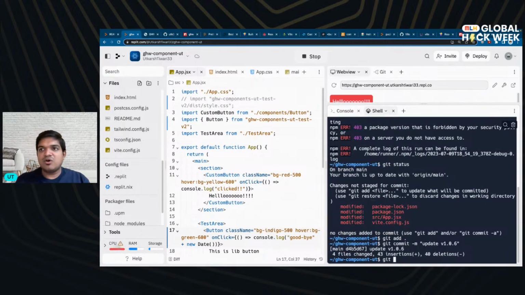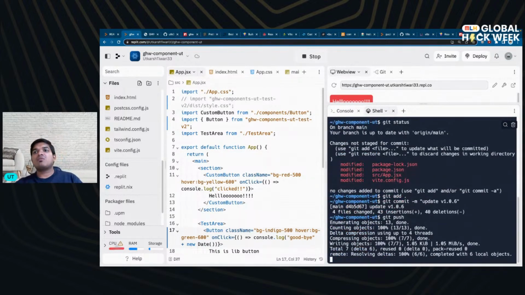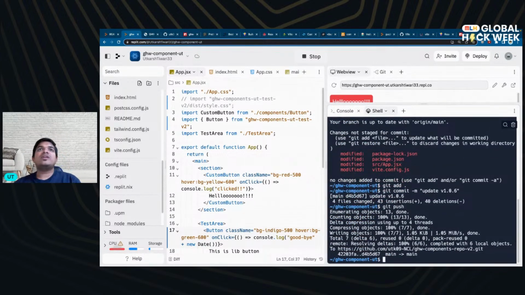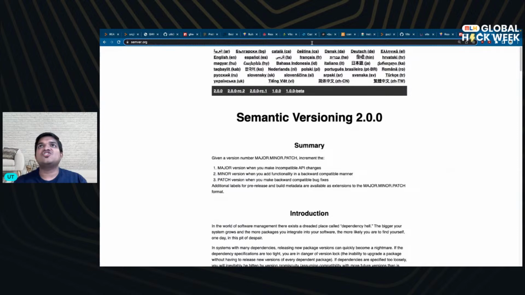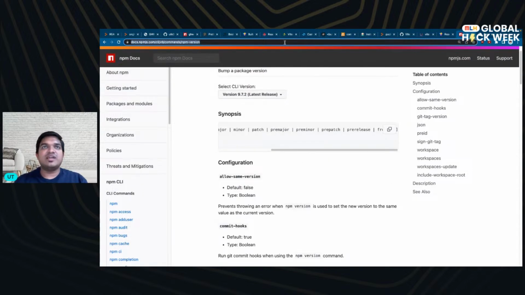That goes in. Now let me do a git push. There's also a really good thing, which is, you should have sent this in chat. Let me quickly send these two things in chat. So that's the Semver link, and there's this npm link, and